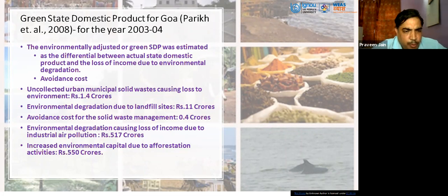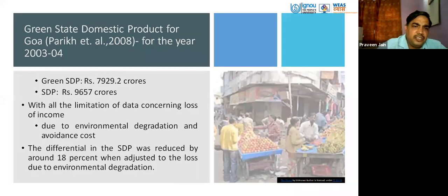Then environmental degradation causing loss of income due to industrial air pollution, that is 517 crore rupees. And then increased environmental capital due to afforestation activities, that is 550 crore rupees. So different costs and benefits from the environmental activities they have calculated, and they reached a figure. They calculated the green SDP as a figure of rupees